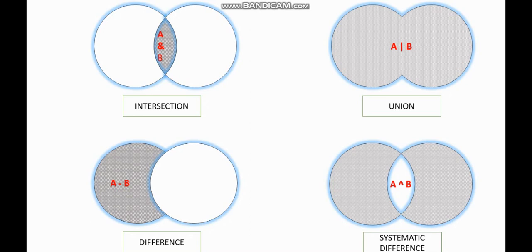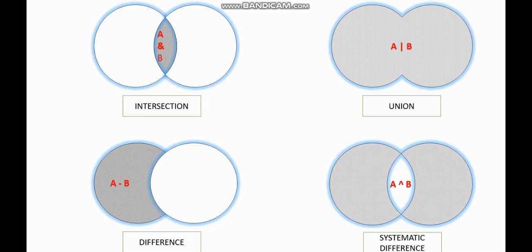It supports all types of set operation. Suppose I have two sets A and B. The intersection of these two sets gives common values between A and B. And similarly, I want to do a union operation. So union operation will give all the values present in both the sets, all common and uncommon values.